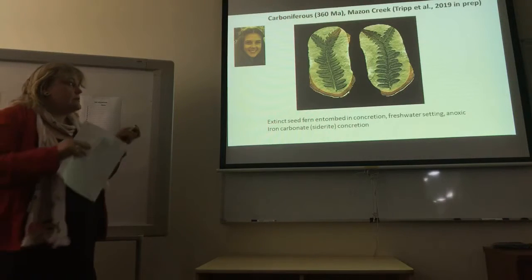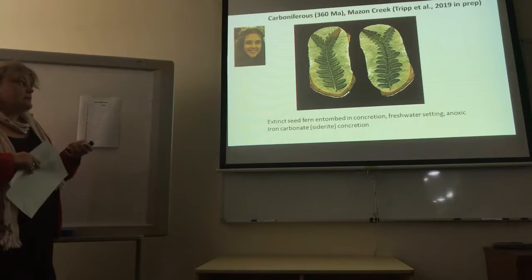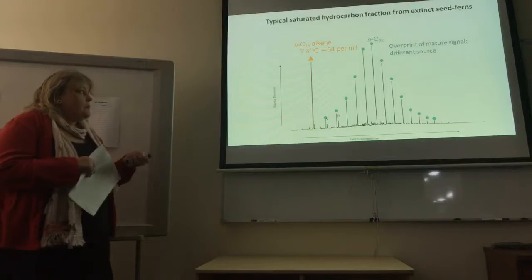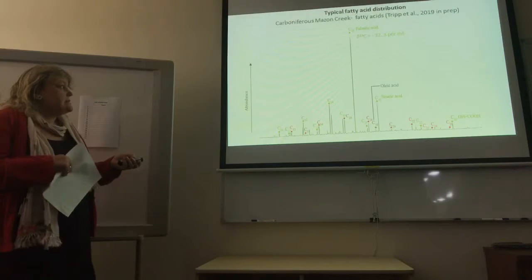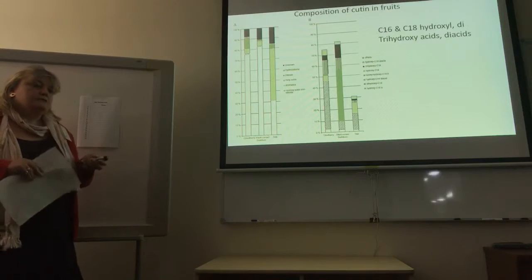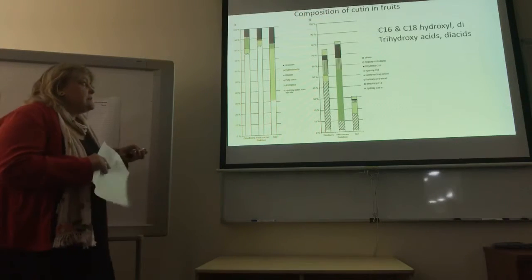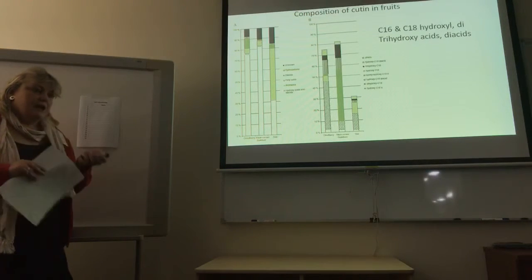And current work we're doing is actually working on different types of concretions. These come from Mazon Creek, which is a siderite concretion, iron carbonate containing exceptionally well preserved plant tissues. We find some interesting components in these samples which relate to the cutin composition in modern fruits. This is a cutin composition we find in an extinct gymnosperm or extinct seed fern, which actually has the same cutin composition as those found in tomato and strawberries, the seed